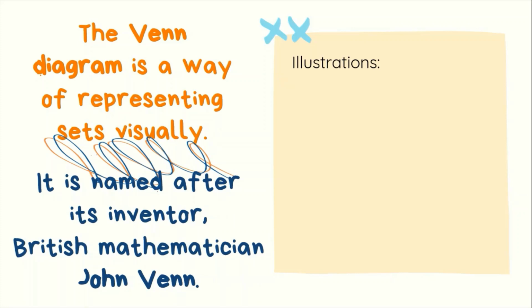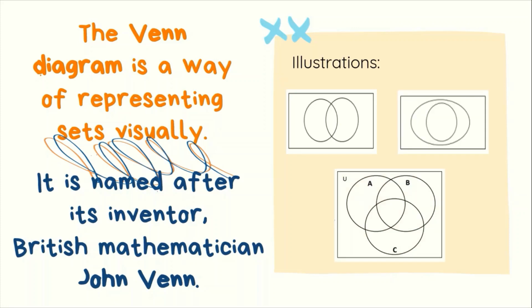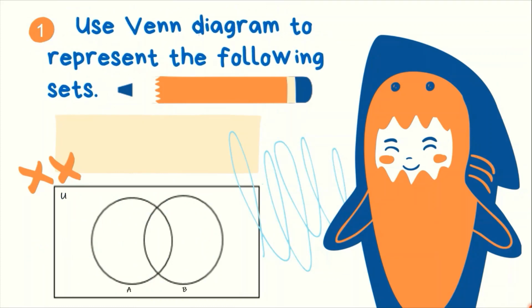These are some of the examples of how Venn diagrams look like. Venn diagrams are actually illustrated depending on the relationship being shown in each set. Use Venn diagram to represent the following sets. So given this Venn diagram for a universal set U with two overlapping circles, set A and set B, let's